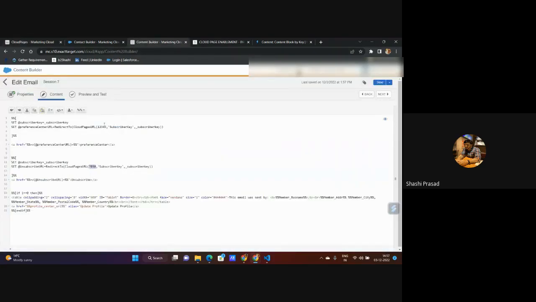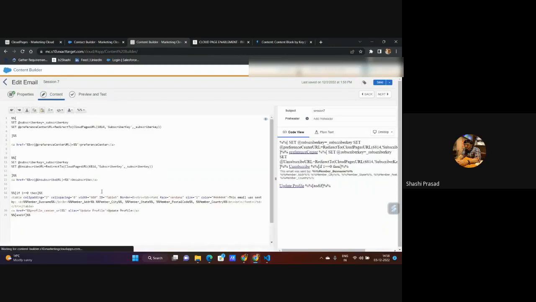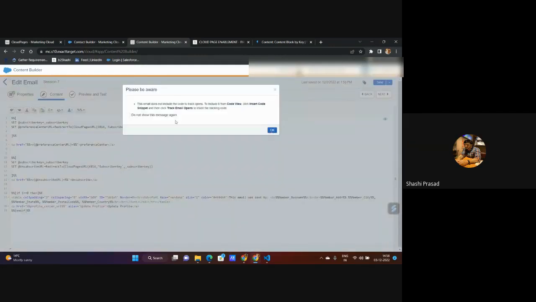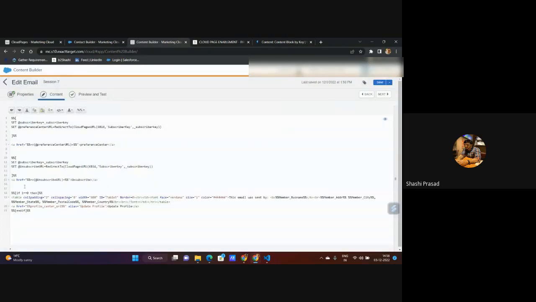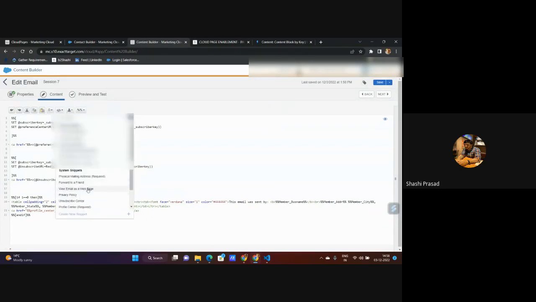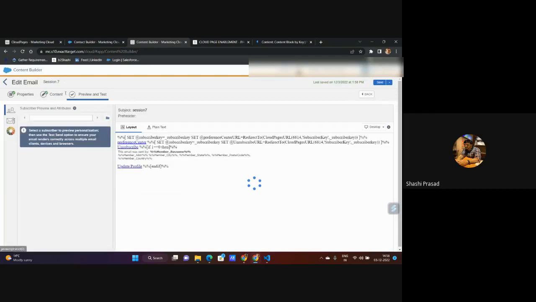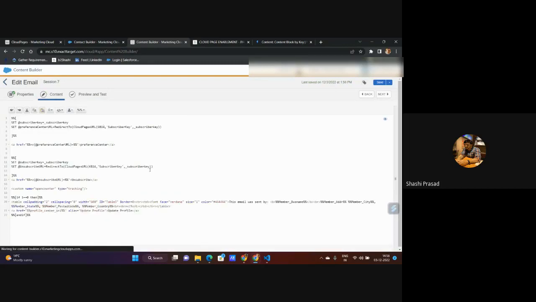Let me make this change. I don't want to create another cloud page anyway. So preference center, unsubscribe to URL you have. Okay, it will go to the same page. Currently, you have to modify this. Now this is coming. See, please be aware that if you are not inserting the tracking code, then what happens? Now this tracking email code, I'll take only 5 minutes to explain this. 2 minutes maybe. So here you have one tracking code which is called track opens. Okay, this one. So once I do this, that error, that pop-up will also vanish. Okay, if I go there in here. So what this does is